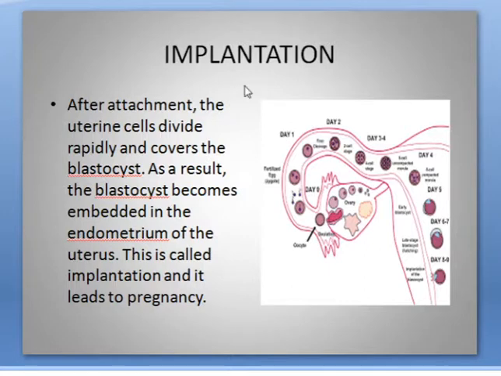So what is implantation? This is basically the attachment of the blastocyst to the tissue, the endometrium of the uterus. You can see as the zygote divides, here the fusion has taken place. Now the zygote has divided into 2, into 4, into 8, into 16, and finally at the blastocyst stage, this will attach to the wall of the uterus, and that is called implantation. This is considered to be the beginning of the pregnancy.